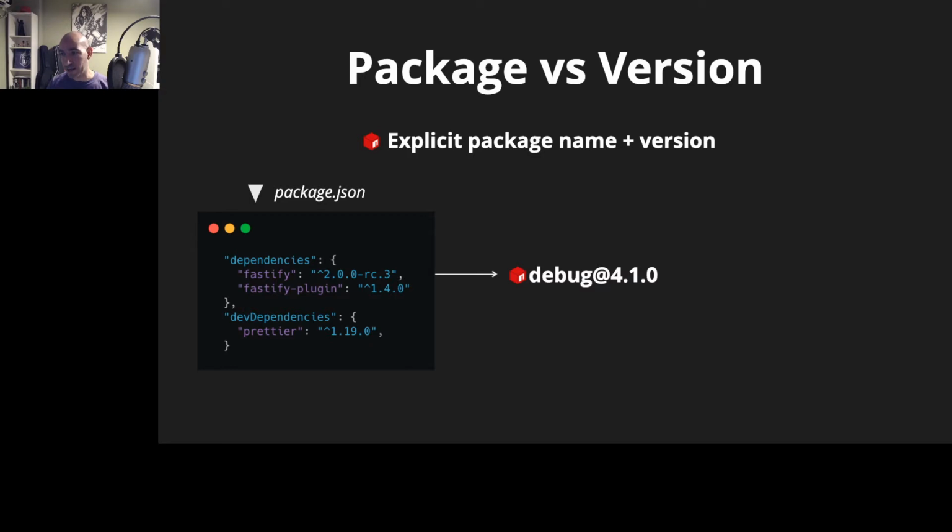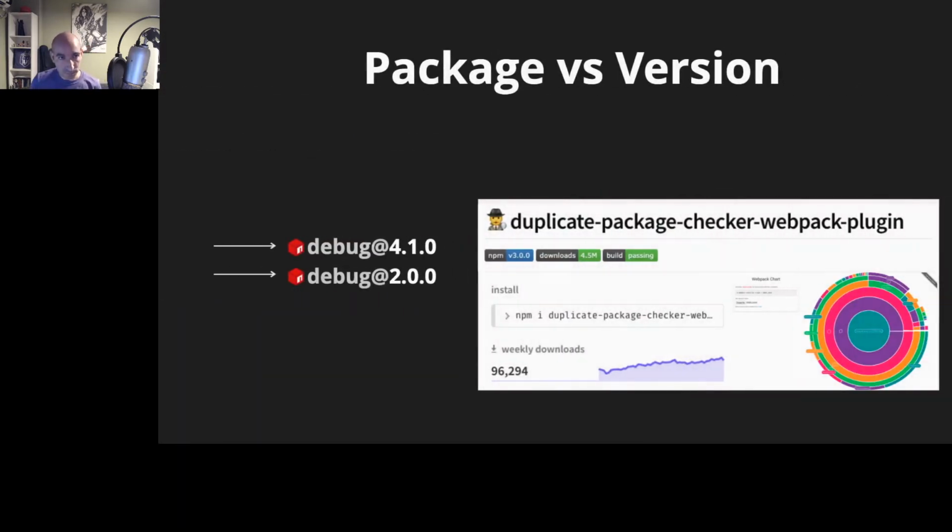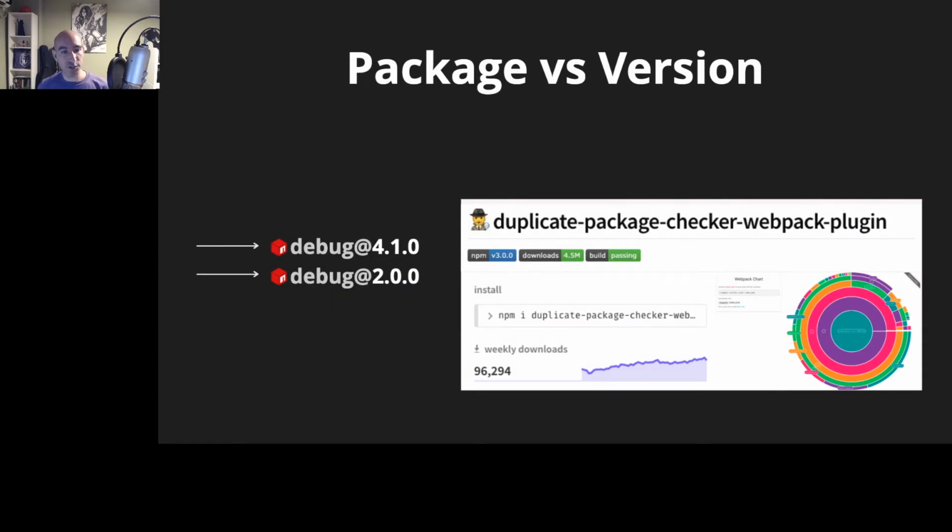So how does this look? We have this list of dependencies. We see here an example where we have Fastify that may take in something like debug or something else, and we have a way to also call another debug version from a different dependency. So it's very much possible for a couple of dependencies to actually require two different versions of one package. And this is one of those first things that we begin with, understanding how our dependencies are managed underlying by the package manager. So we talked about the fact that we have many versions possibly for a specific package if that's what is needed. But understanding this